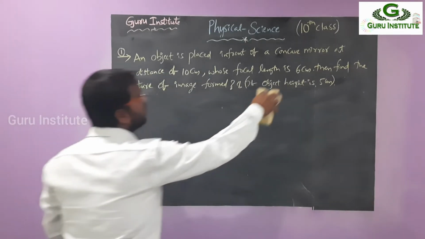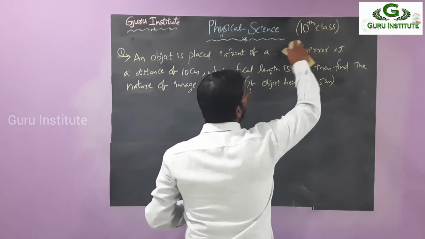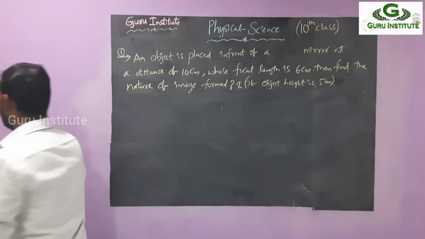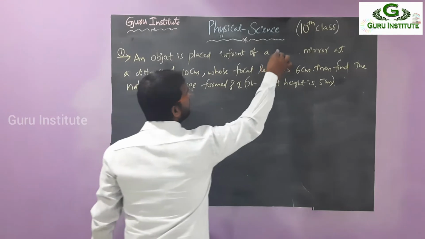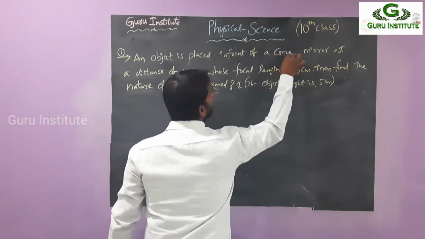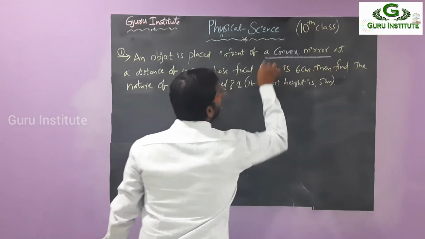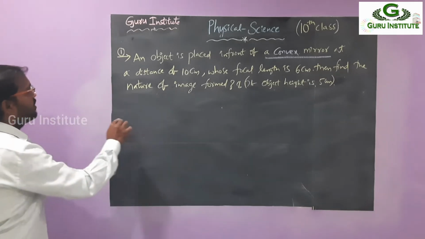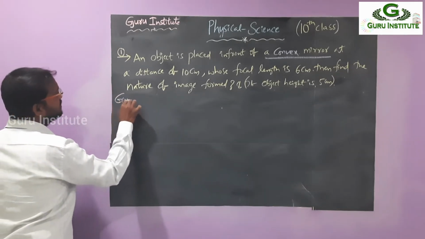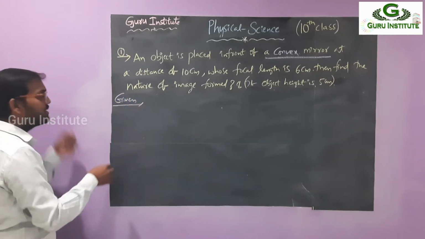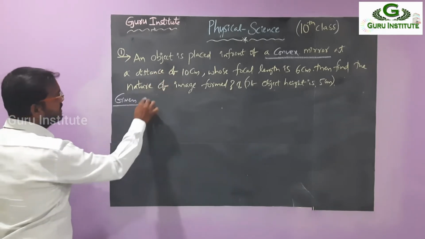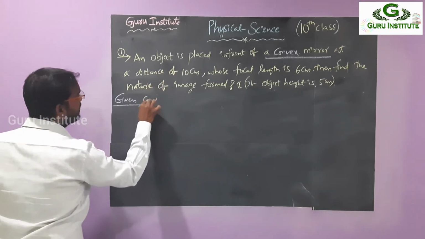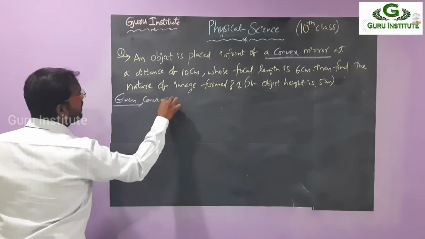So in place of a concave mirror, we are taking a convex mirror. How about the same case? It should be applied for a convex mirror. What should happen? First, write down the given data. Given that, what is the mirror? This is a convex mirror. Right here, your mirror, convex mirror.